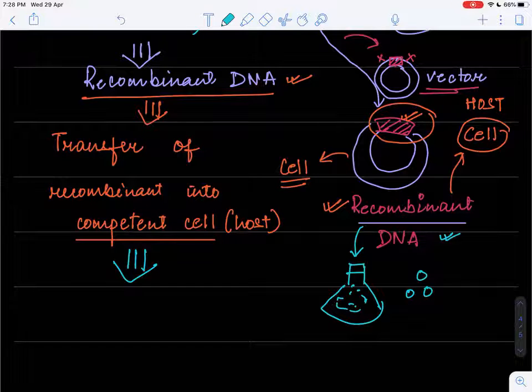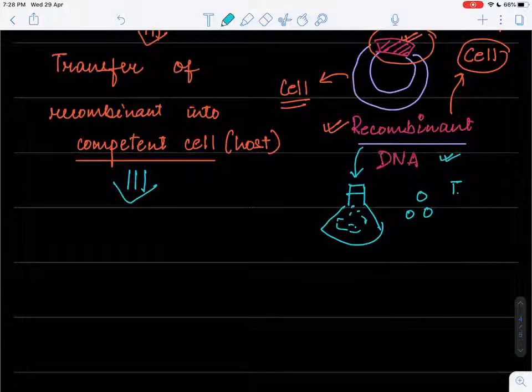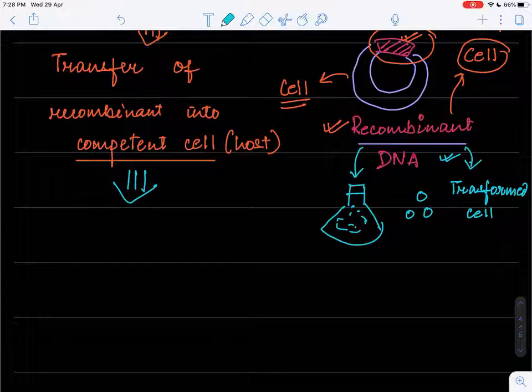Whatever will take up this recombinant DNA will be called as transform cell. It has transformed. Whatever will not take up will be called as non-transform cell.